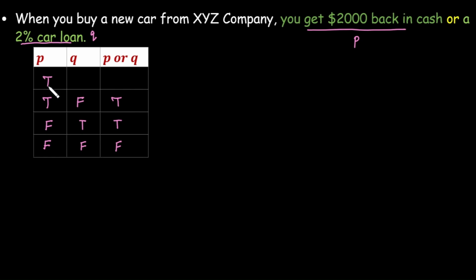Now, if proposition P as well as proposition Q is true, it says that we are getting cashback as well as a 2% car loan. Is the statement true according to this? No, because as per the statement, it indicates either you will get a cashback or a car loan. So you cannot get both. If we say we are getting both, it means the statement is false. But in the previous case the answer over here is true, but here it is